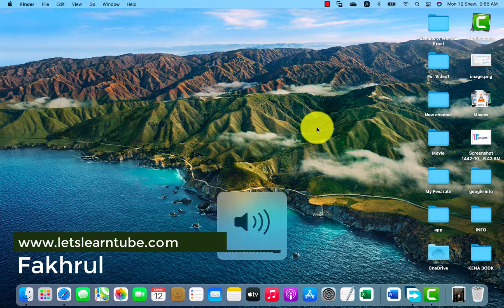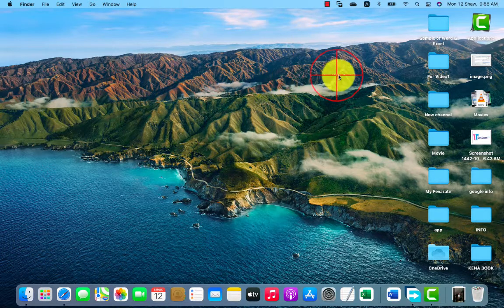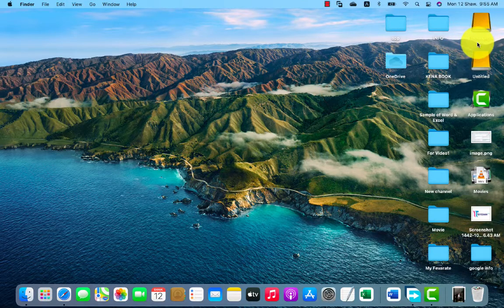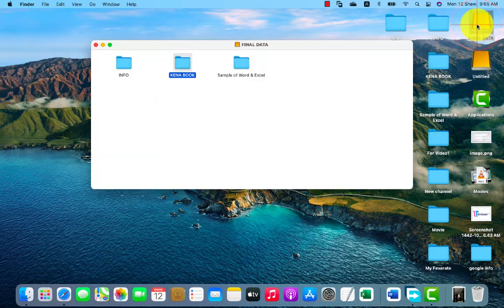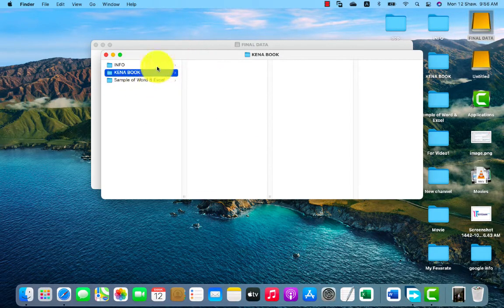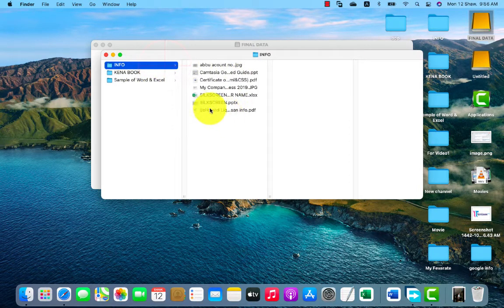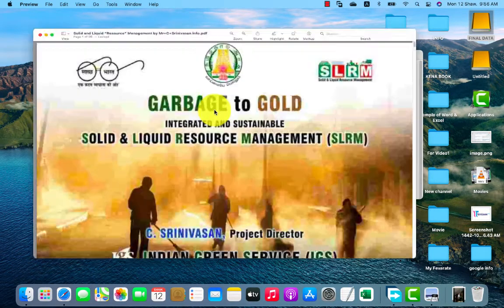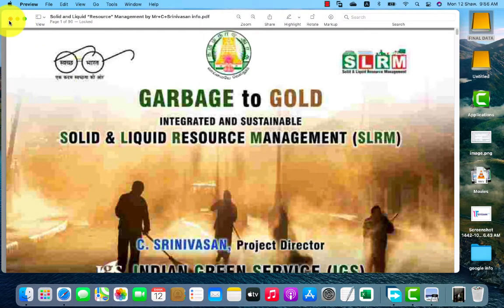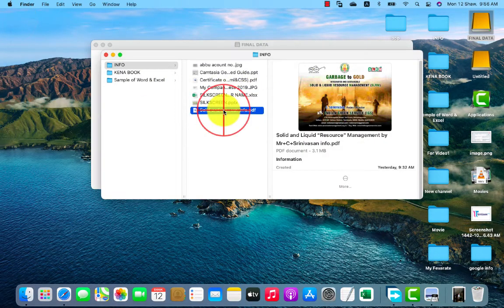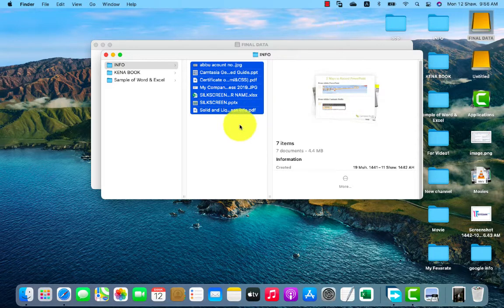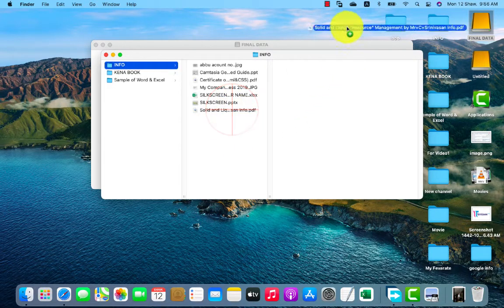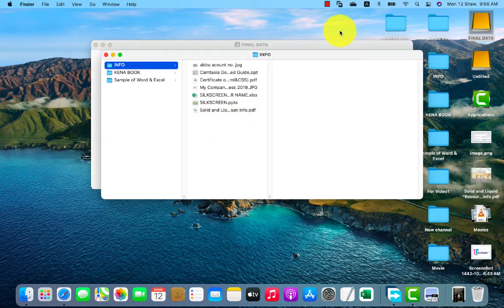Today I am going to show you how to transfer files from a Mac to an external hard drive. First, plug the hard drive into the Mac using the cable that came with it. After plugging it in, open the external hard drive folder. Now you can see I will transfer one image file from the external hard drive to my Mac desktop. You saw how easily it got transferred.